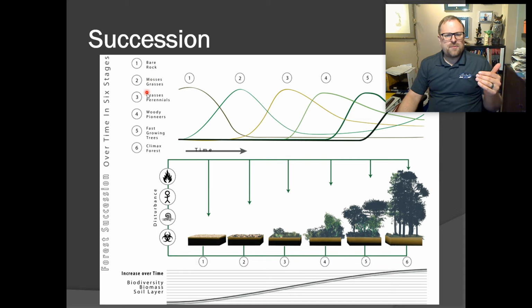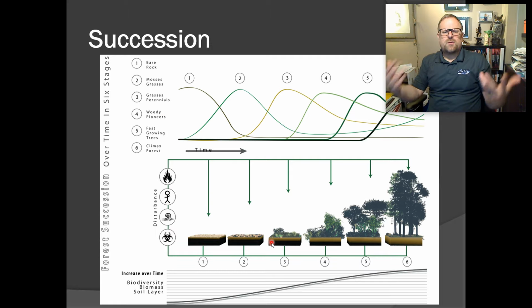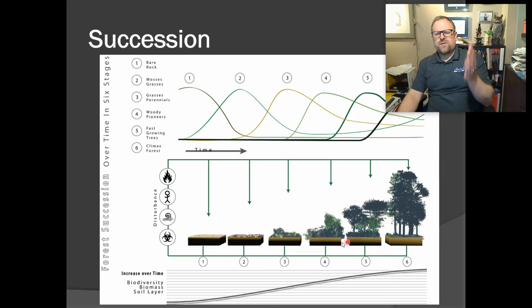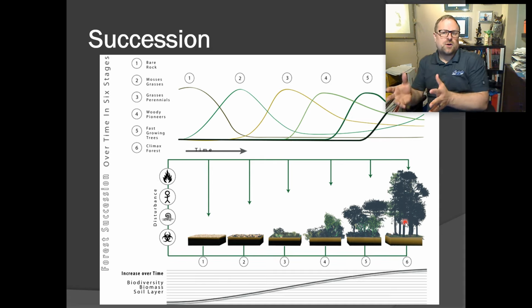And then as time goes by, grasses and more perennials come in. So this is stage 3. Perennials are things that are around year after year. Then we start to get the woody things present in there. So shrubs, maybe small trees. Then we get faster growing trees that are usually deciduous, deciduous here in Alberta. And then we end up with our climax communities, where we've got our coniferous trees that gradually start to replace the